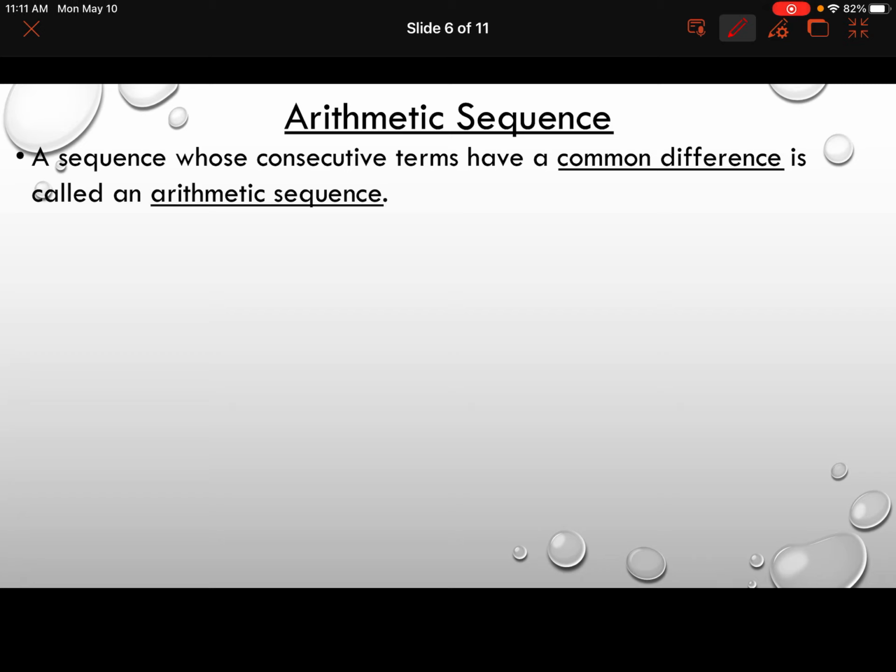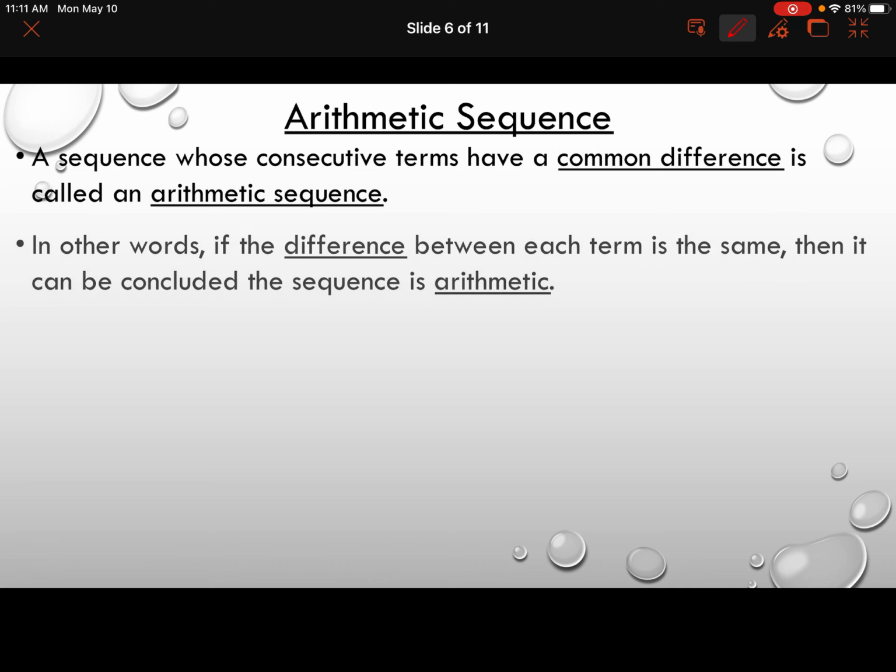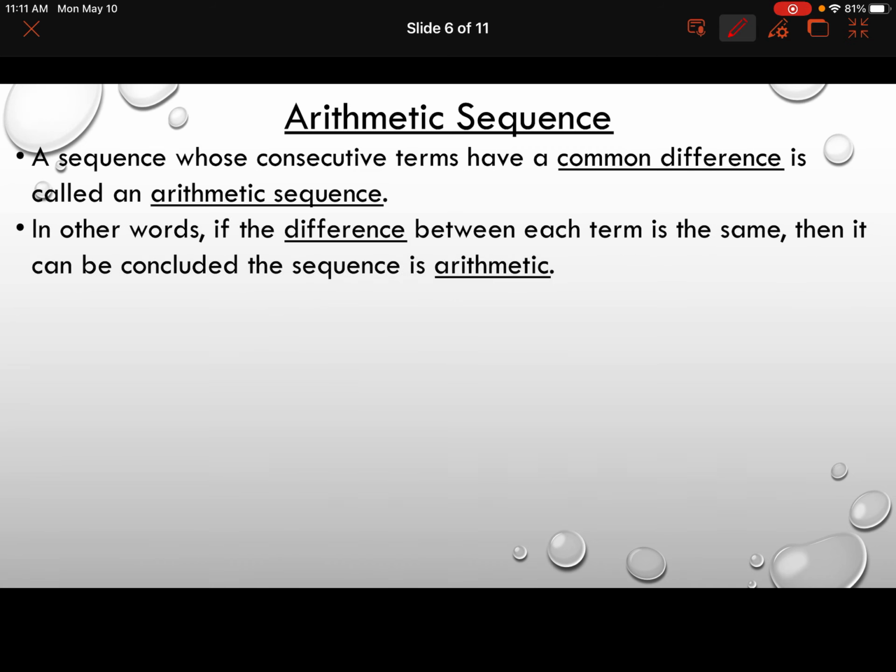So those three examples that we just looked at, we just said the difference was always the same, right? The first one was always plus 4, the second one was always minus 5, the third one was always plus 1/4 to go from one term to the other. Those three examples were all arithmetic sequences. So in other words, if the difference between each term is the same,